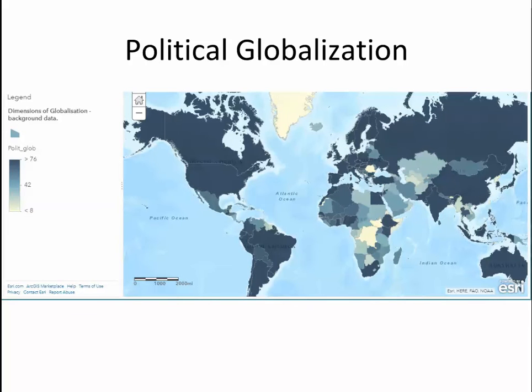Now, politically, it looks very different. The United States, Canada, much of South America, all of Western Europe, and much of Eastern Asia and South Asia are all highly politically globalized. That is that we interact very strongly on a political level. Politics is globalized, and especially for all of the countries that interact in terms of geopolitics and in terms of security. National security, geopolitics tends to pull countries much more into political globalization.